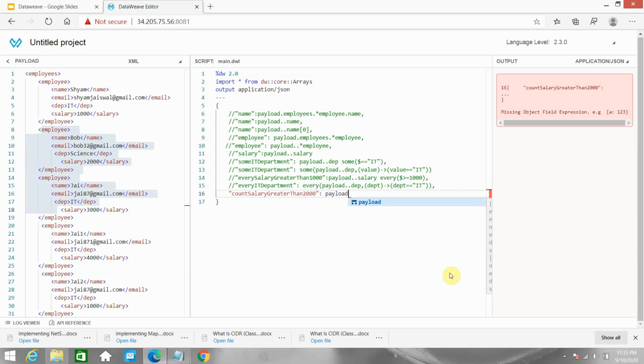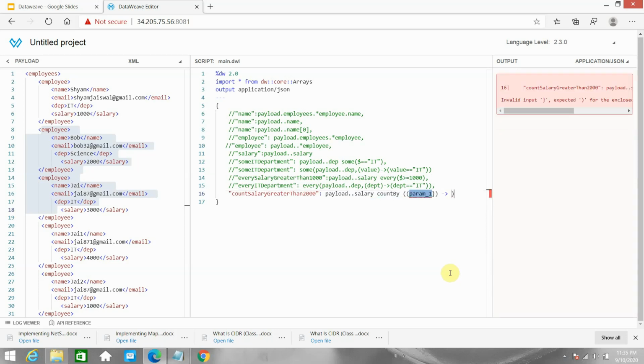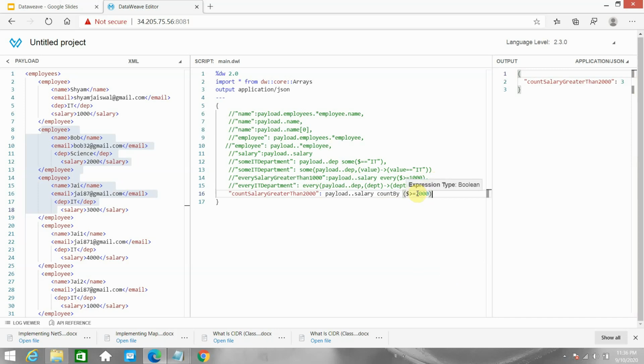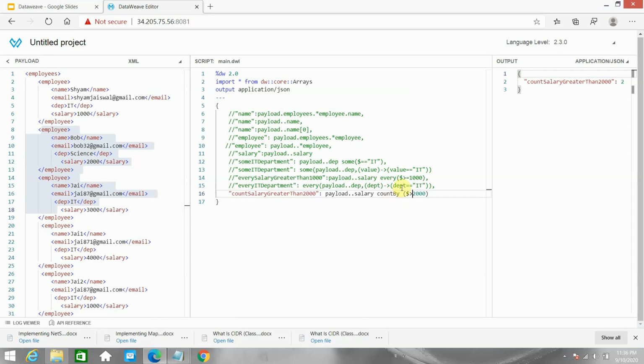So I can say payload dot salary, then count by, and under that I can say dollar greater than 2000. There are 3 employees whose salary is greater than or equal to 2000, but my condition is greater than 2000, so there are 2 employees. 1000 doesn't match, 2000 doesn't match, 3000 and 4000 match the criteria, and 1000 doesn't match. So it returns 2 employees.